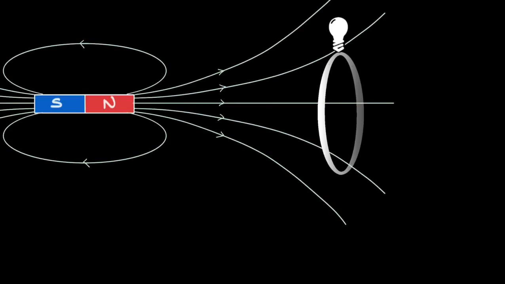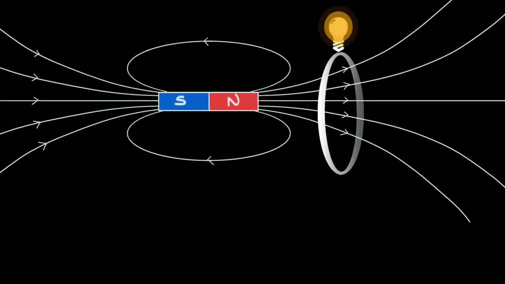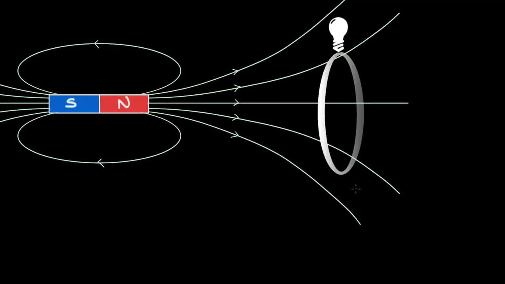Let's see the magnetic field lines. Now when we move the magnet towards and away, see how the lamp glows. And this led Faraday to conclude that whenever magnetic flux through the coil changed, there was some EMF induced in the coil. It was also observed that the bulb glowed brighter when the magnet was moved faster towards or away